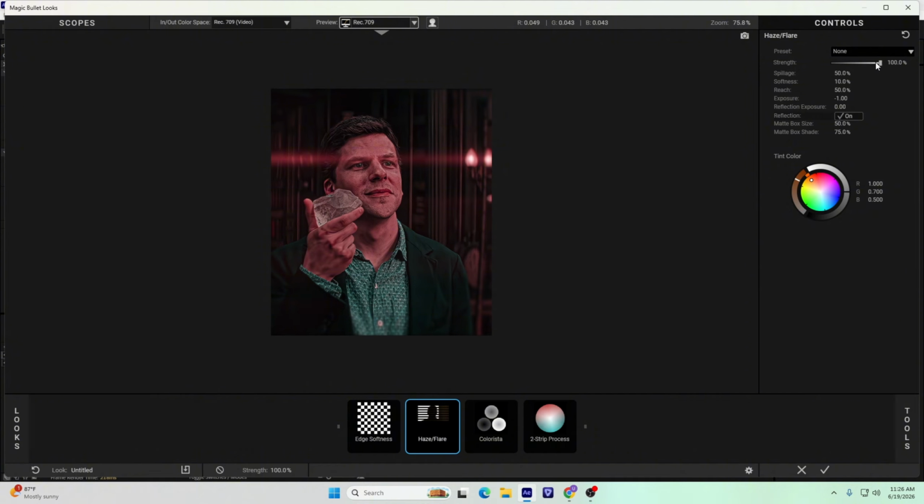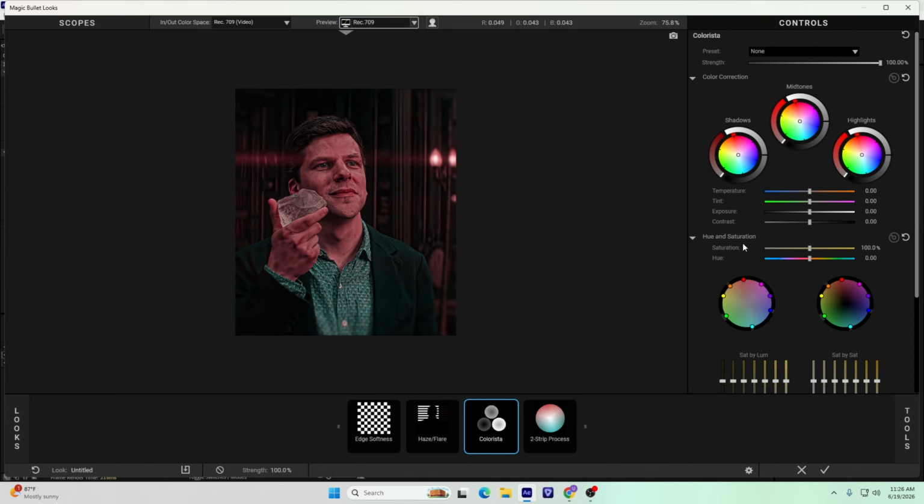Then put the haze flare strength up to 40% and color shadows up to orange, but don't add too much. And go to the strength and set it up to 50%.